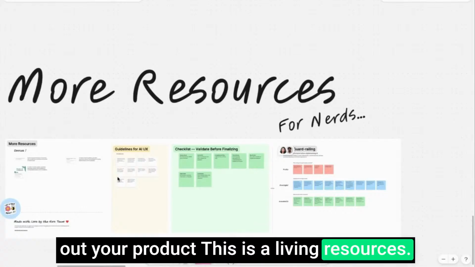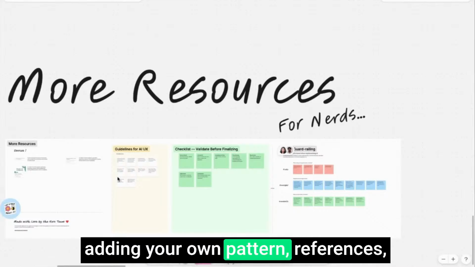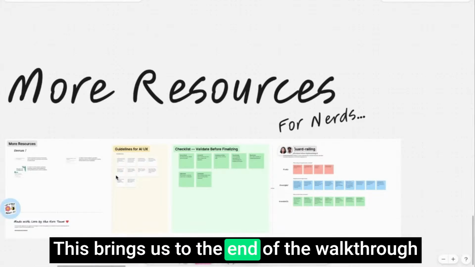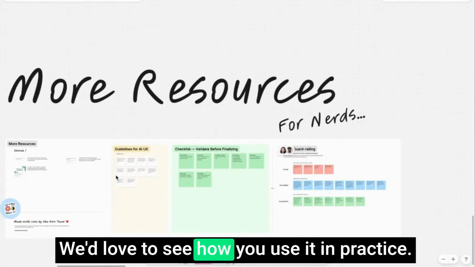This is a living resource. Feel free to duplicate it and keep on adding your own patterns, references, and learnings over time. This brings us to the end of the walkthrough of the secondary research board. We'd love to see how you use it in